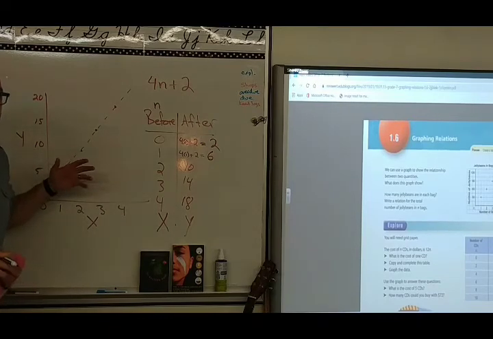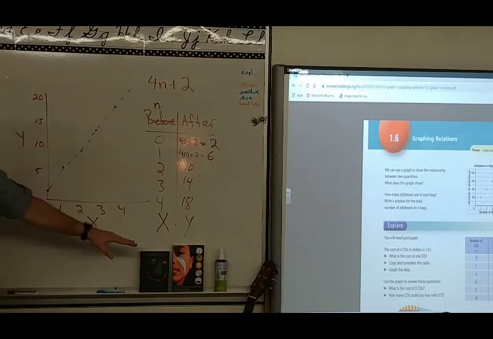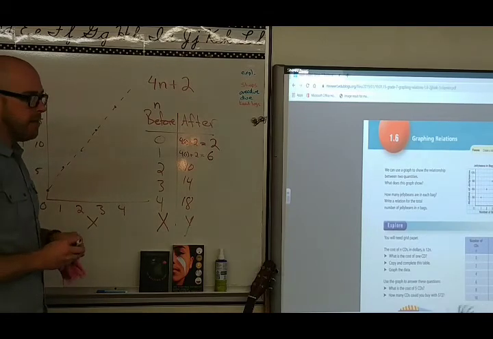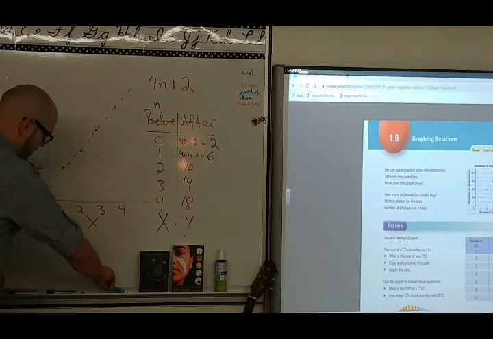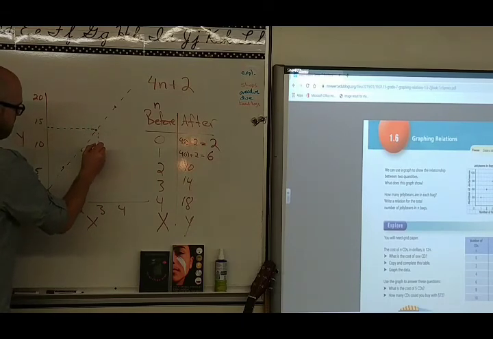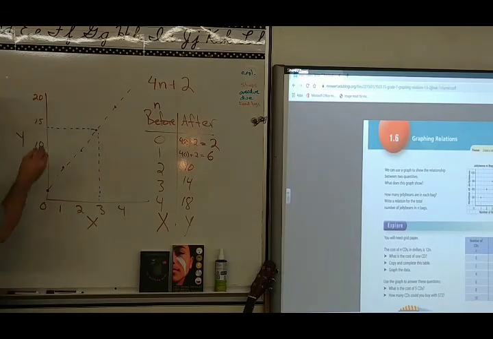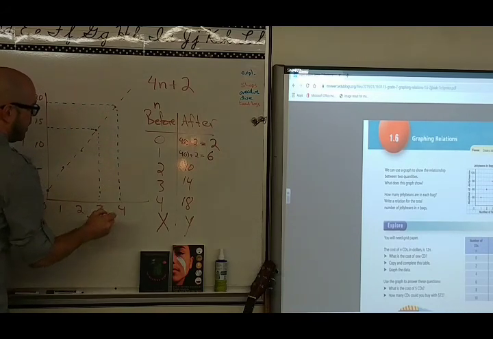And so your graph should look somewhat like this. One difference, maybe you put this on the Y and the Y on the X. That still works. Even if you did that, it's just it would be a slightly different angle. But I can see from this graph how many when I have 1, how many when I have 2, how many when I have 3. And the way you can see how many is by rise and run. So when I have 3, I notice there's 14. When I have 4, I can see that is